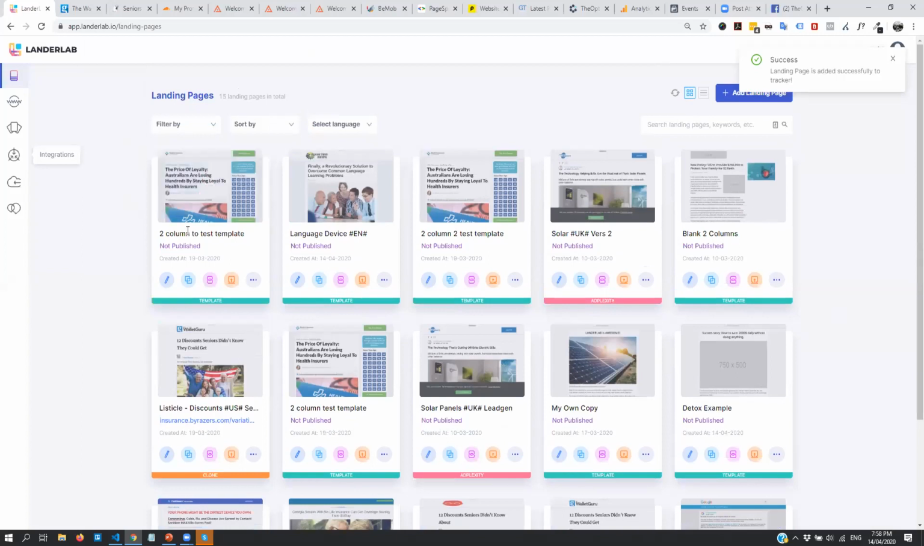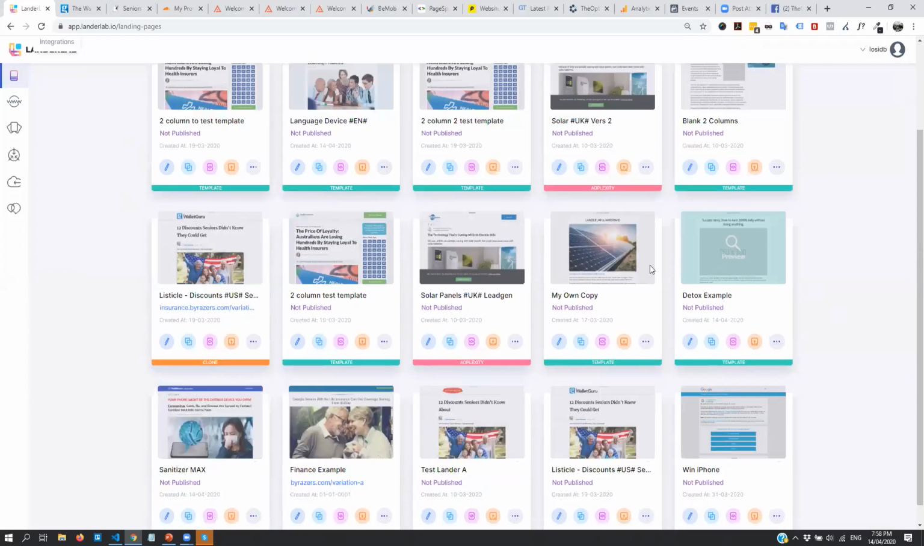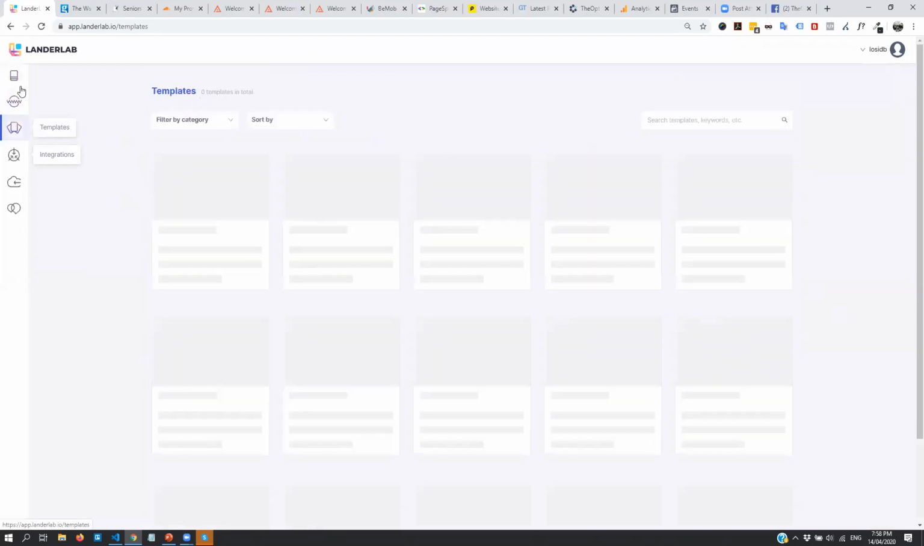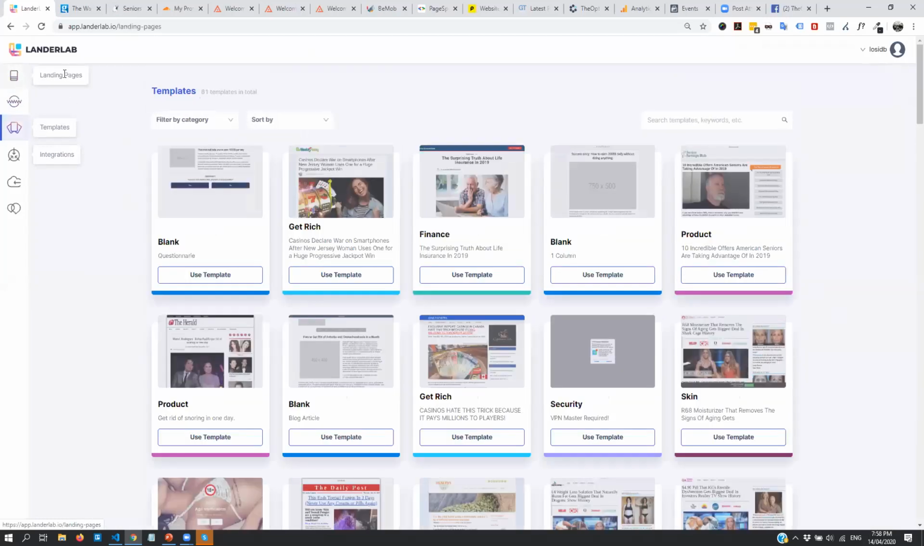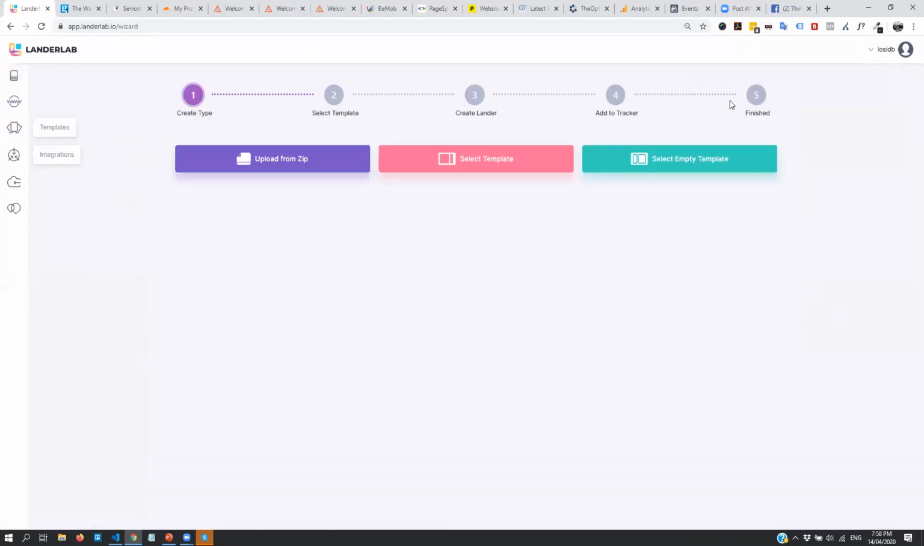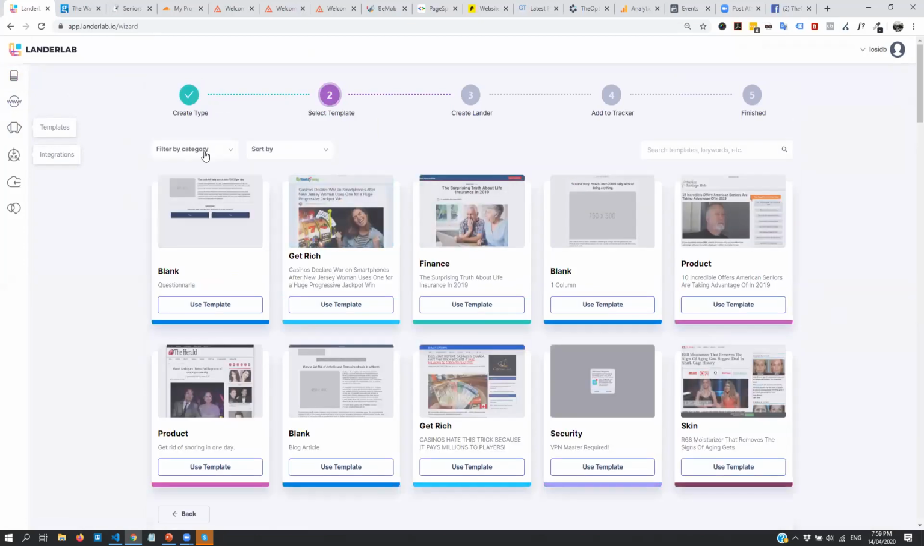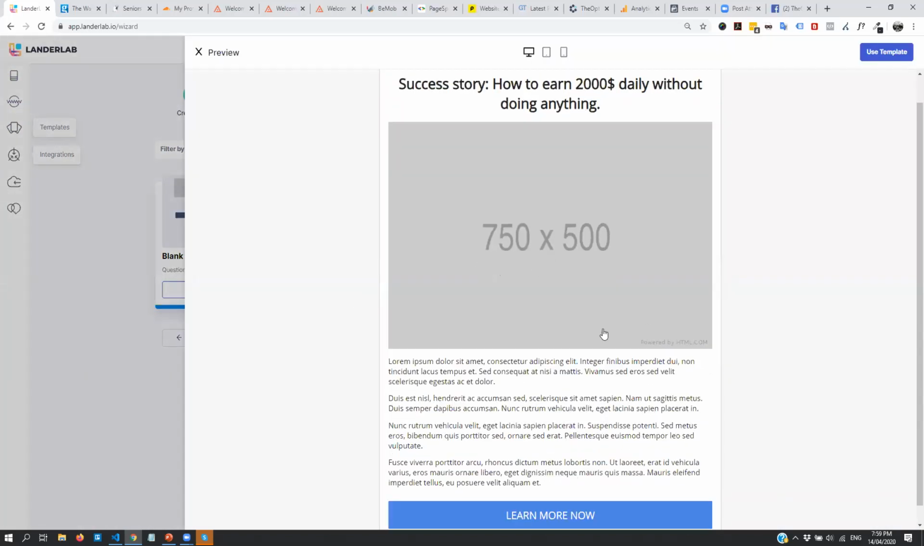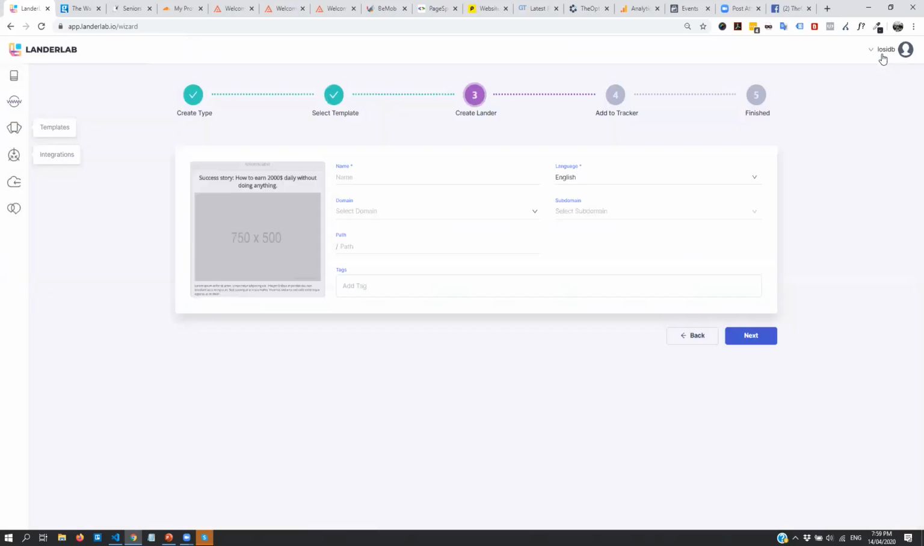Also, I think I have another landing page which I have already created. I will just do the detox example from here, which I used with a blank landing page, or maybe it's better to create it from scratch. So let's say I will just add a new landing page. I will select a template, and I will filter out the templates to use the blank template. And I will use this one. Click on use template,